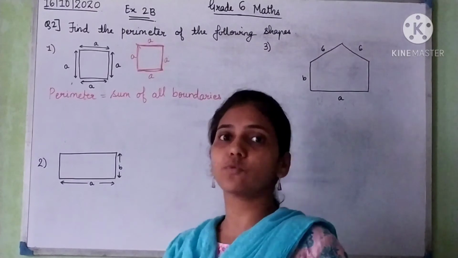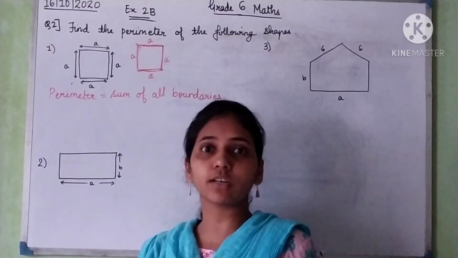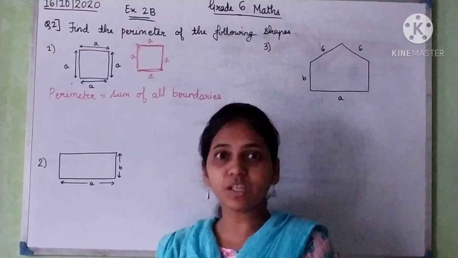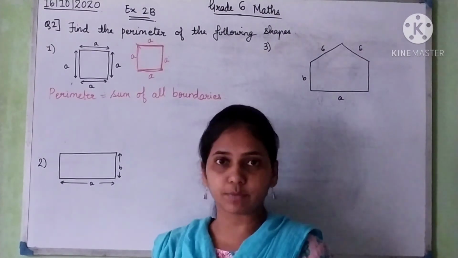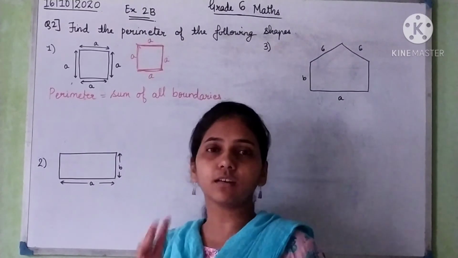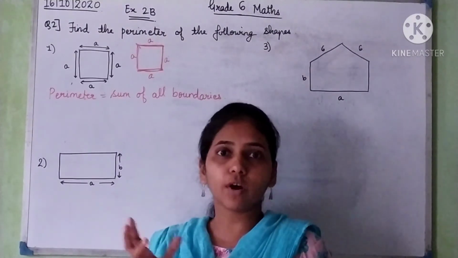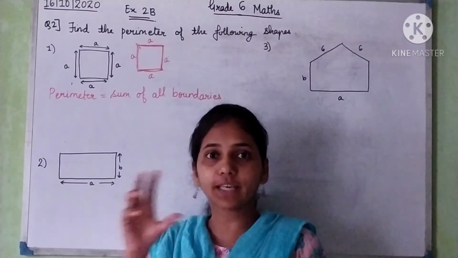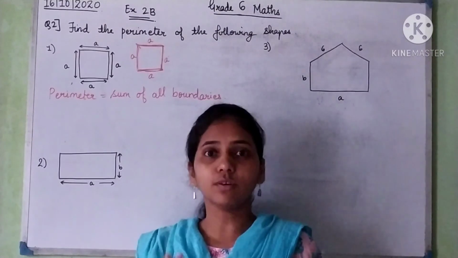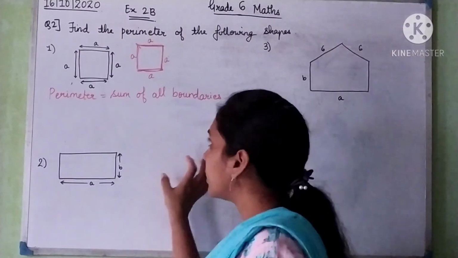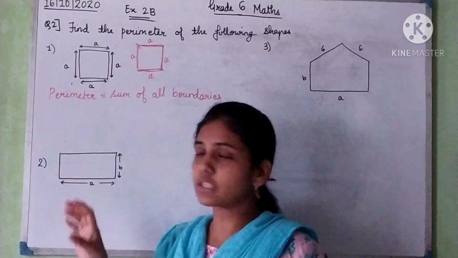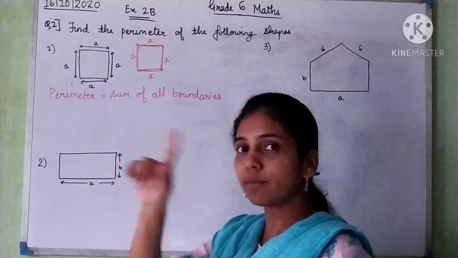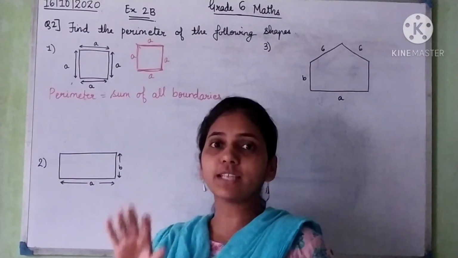See, regular shapes means what? A square, rectangle, triangle, circle, and then the shapes which we know, common shapes, those are regular shapes. And irregular shapes means if we take a stone, we cannot tell what the shape of a stone is. It can be rectangular also, it can be a square also, or it can be a circle also. So those are irregular shapes. So for regular shapes and irregular shapes also we can say that the perimeter is the sum of all boundaries. All the boundaries which are there of that shape, we just have to add them.